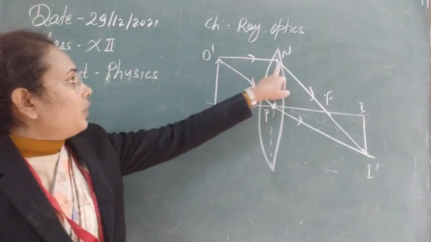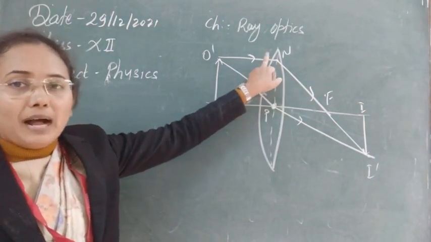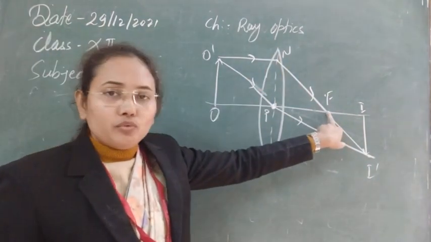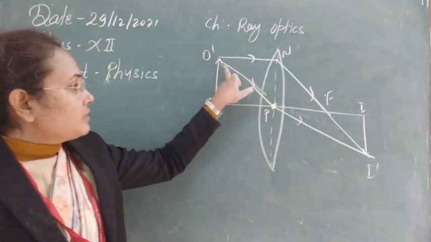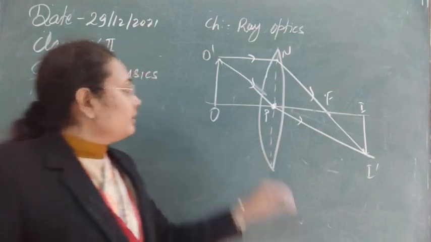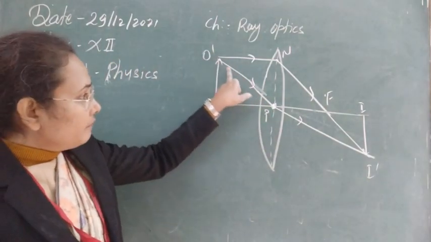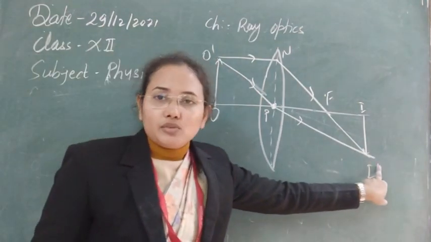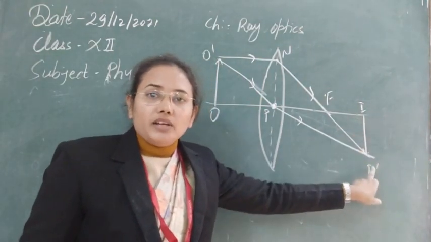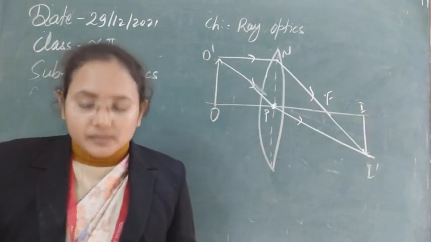So one ray is falling parallel to the principal axis, and as you know, it has the property to pass through the focus. It will pass through the focal point. Now the second ray that is passing through the pole will go without any kind of deflection. I think I have made some mistakes while making this, but this would be the straight line that will pass through here. Wherever these meet on the straight line, that will form the image.